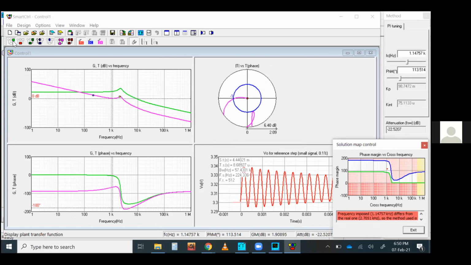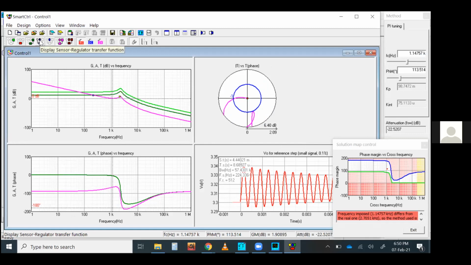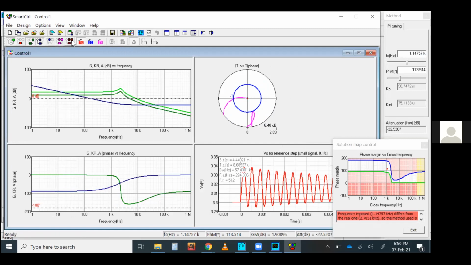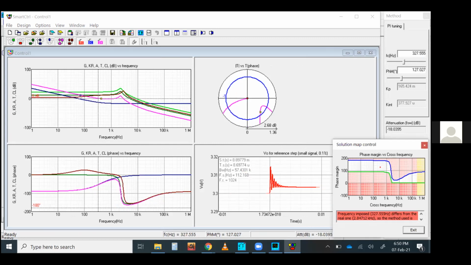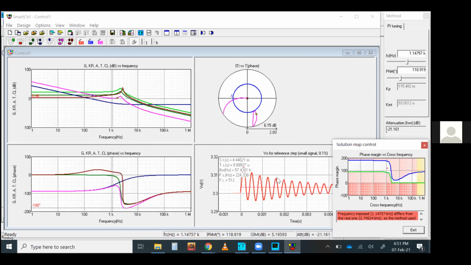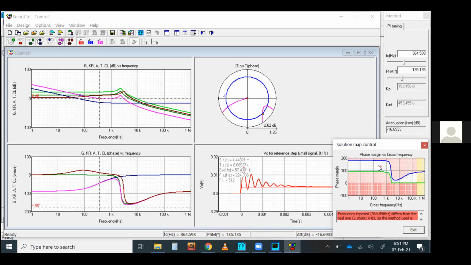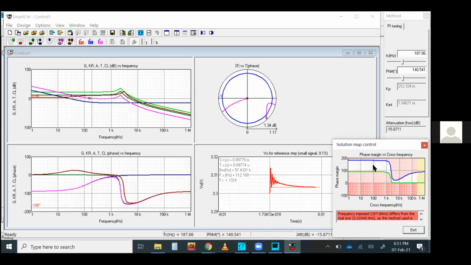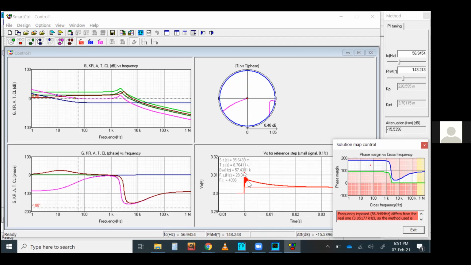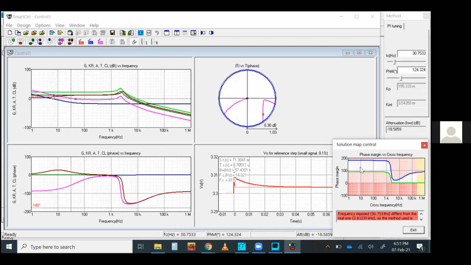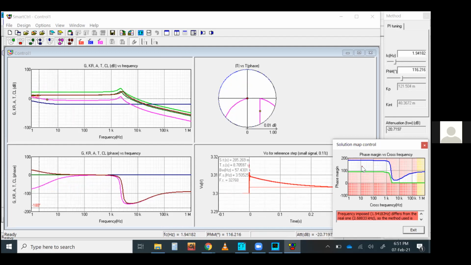You can check the plant transfer function, or only the feedback circuit transfer function, or any transfer function you want, and see their responses, whether they're stable or not. So you can select the point from here. You can see the response here because of the PI control, whether it has some overshoot and oscillation or not, whether it is giving you a stable output or not. So if you change the point, this is the response. And accordingly, you can set the parameters of your control system network.